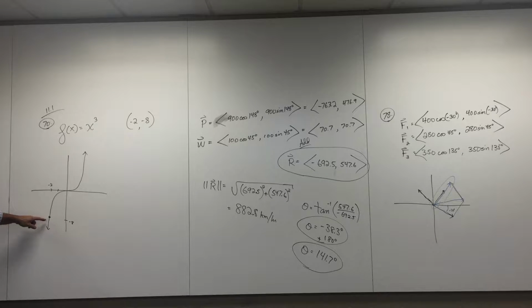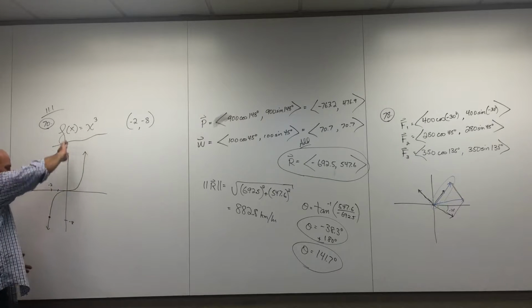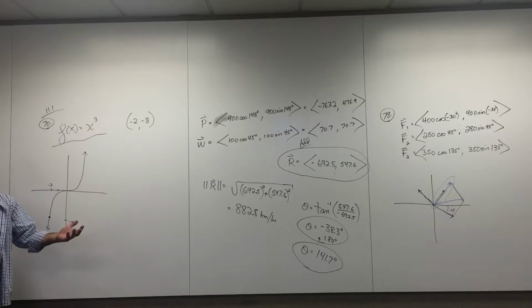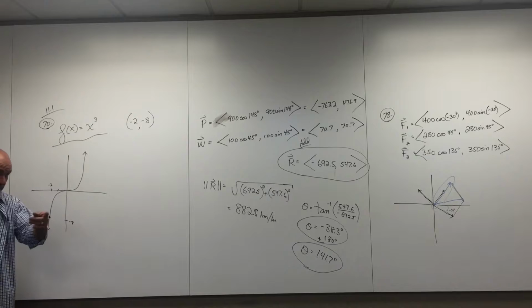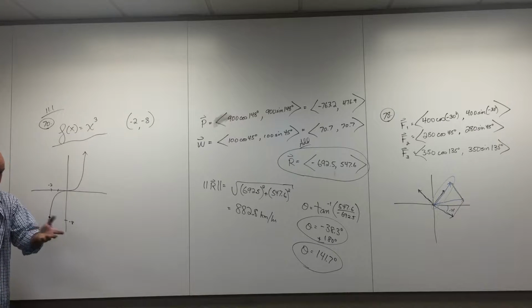And what do they want? Oh, they want a little unit vector that's parallel to and another one perpendicular to this graph. Now, wait a minute. I'm going to act like an idiot here for a second. This is a curvy graph. How can you be parallel to a curvy graph? And you would say, these calculus students,